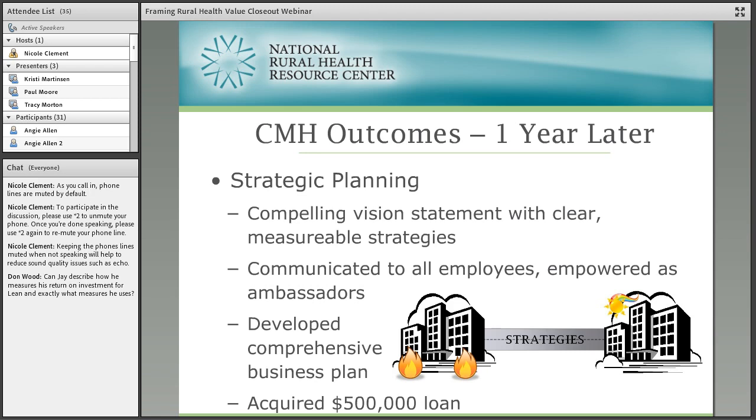So I'm just going to kind of do a recap quickly of some of these things. And again, you can read more in the final report. But the State Flex program met with the hospital leadership, and the physician leadership and the board was also brought in so that everybody was kind of together on the same bus and hearing the same sort of information. They reviewed data, and they all agreed to a multifaceted plan.